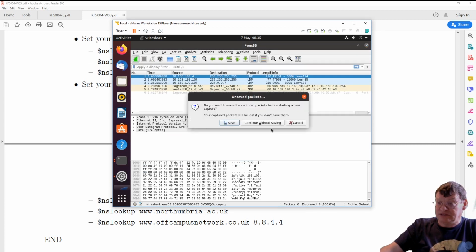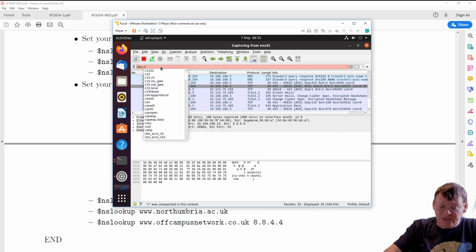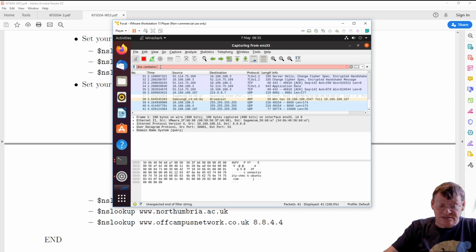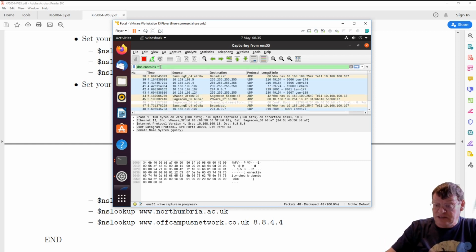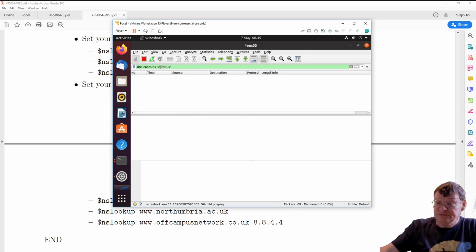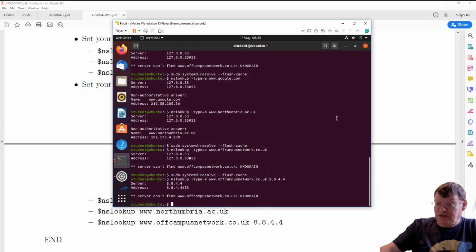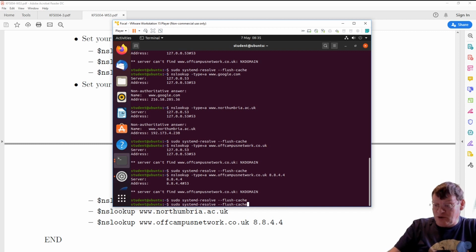Start capturing packets. We want DNS. Contains. And what does it have to contain? It has to contain campus. Okay, there we go. I'm capturing campus now. We go back to my client machine. Let's clear the cache. Let's get rid of it. And now I'll run that against